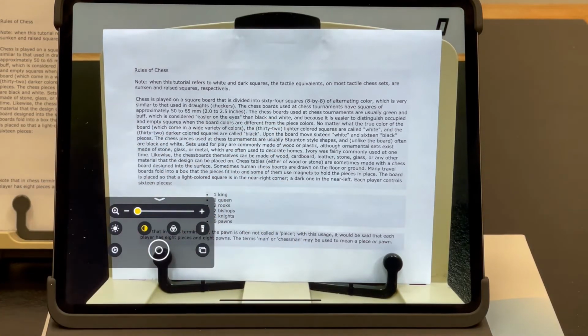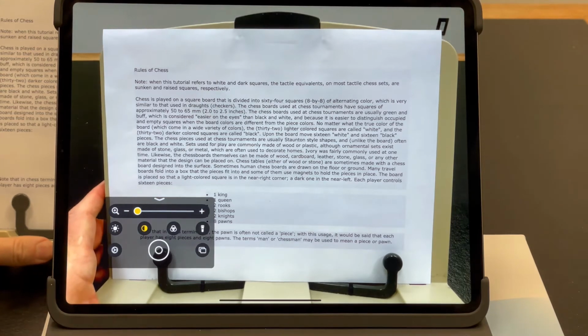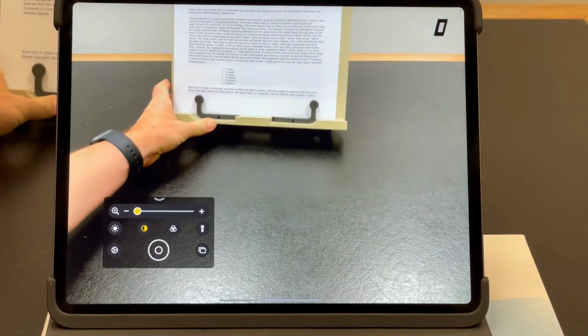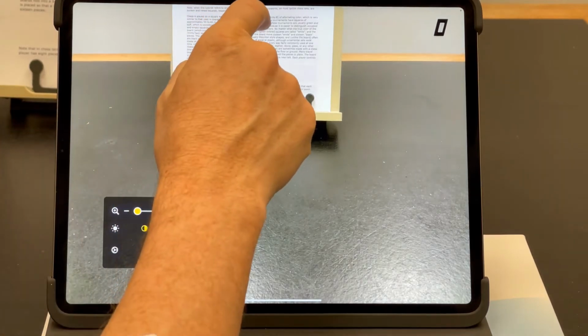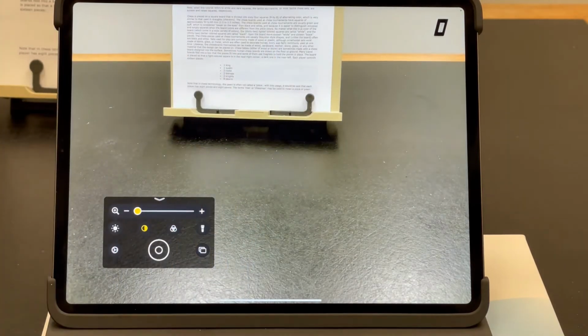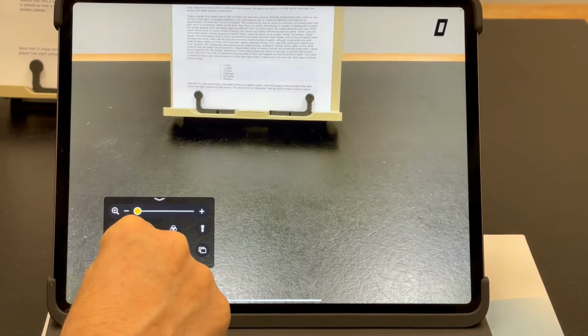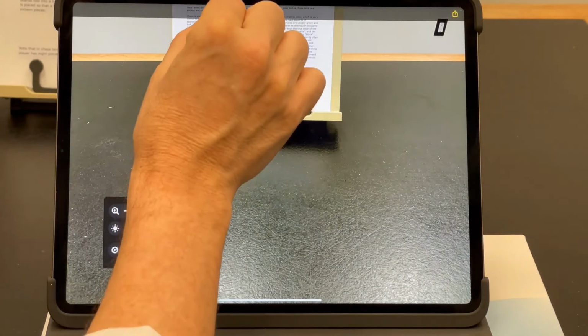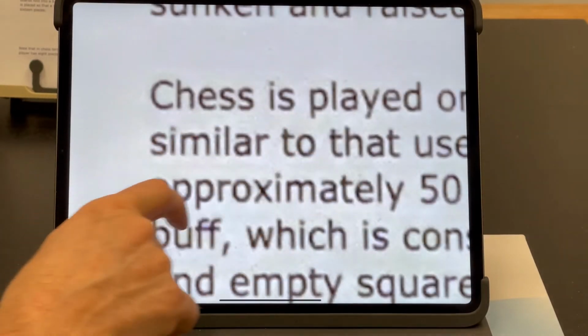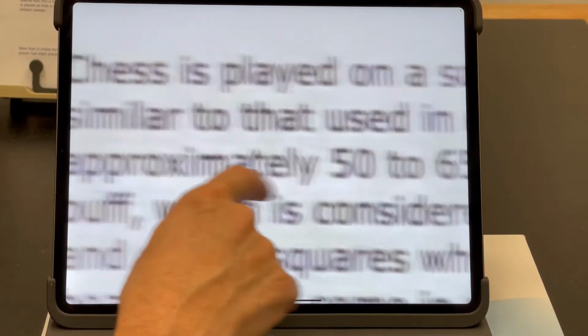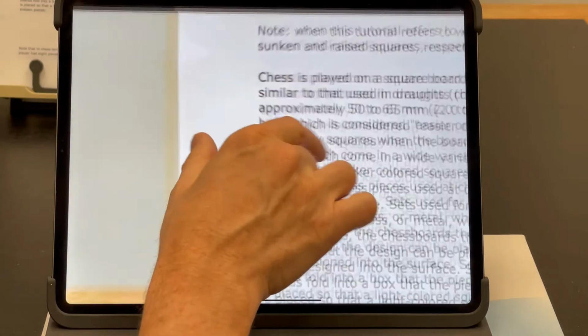I'll demonstrate this by pushing the reading material away. I'm going to touch the image to make sure I'm focused on it properly, and then I'll capture an image, and now we'll zoom in, and you can probably see that the text is fairly fuzzy. Zoom back out,